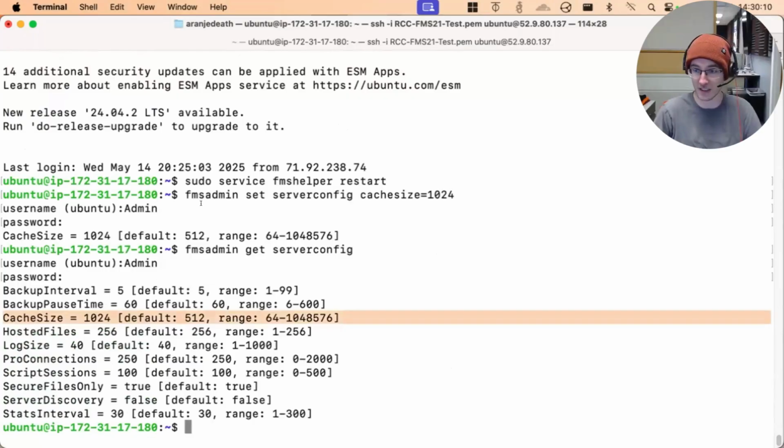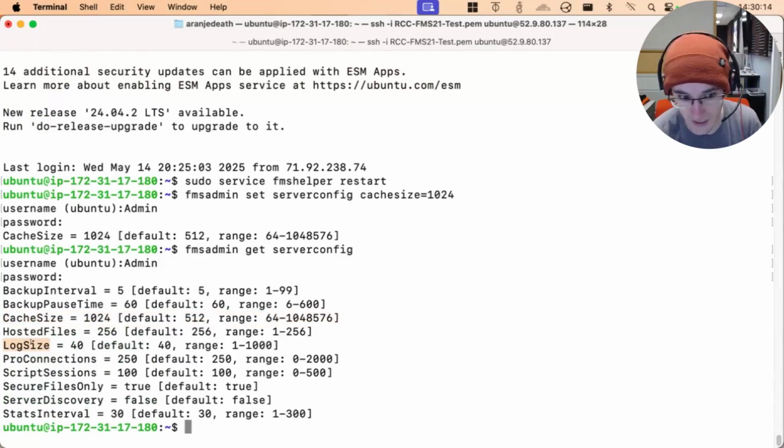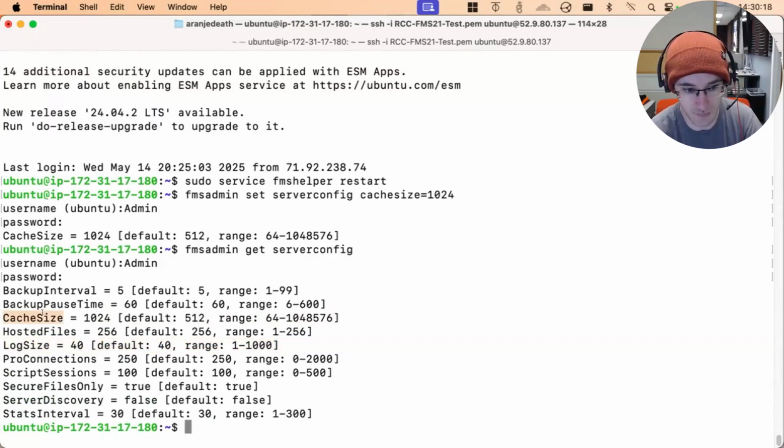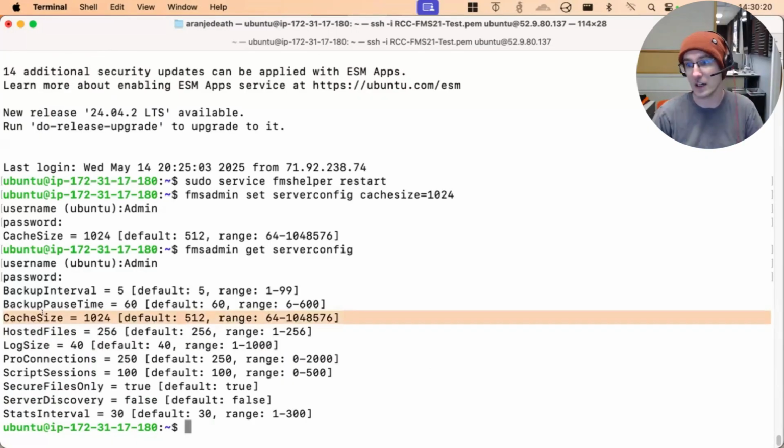There's a few different settings in here. The other one that we often set, I didn't give the example, but you could work this out yourself, is the log size. We tend to turn that one up. It's not something that affects performance, but we tend to turn it up to 100, because that gives you 100 megabytes of log file. If you're me, and you're trying to go in and figure out what happened with the FileMaker server, a greater volume of logs is a greater ability to review the history of that server.